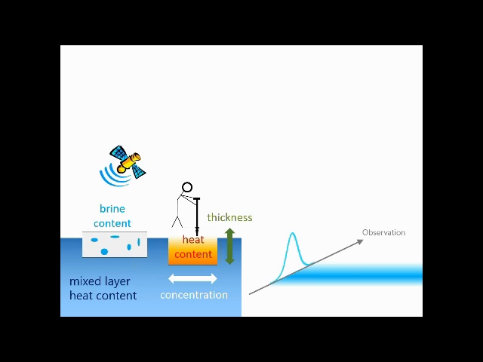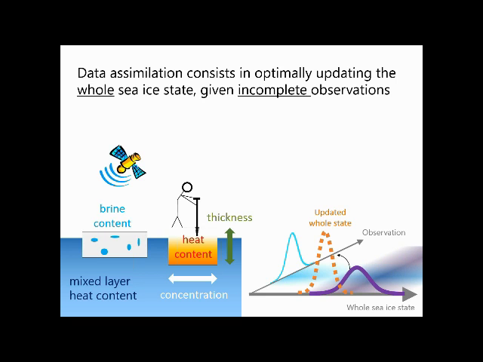If we have some idea about the probability density function of what we can observe, which is shown as the blue bell curve on the right, together with a probability density function of everything we need to know from a model, for example, then there is exactly one unique way to generate the best estimate of the state of the system that we are studying. How to move from the thick purple line to the orange dashed line has a name, and this is called precisely data assimilation.